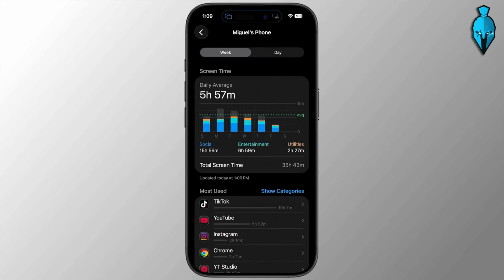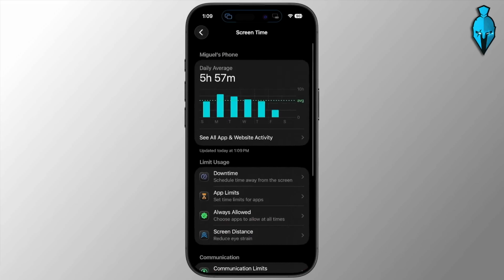From here, you can switch between daily and weekly views like so. See which apps you use the most and compare your activity with previous days or weeks. You can also return to the main screen time page to set app limits, adjust communication settings, or enable content